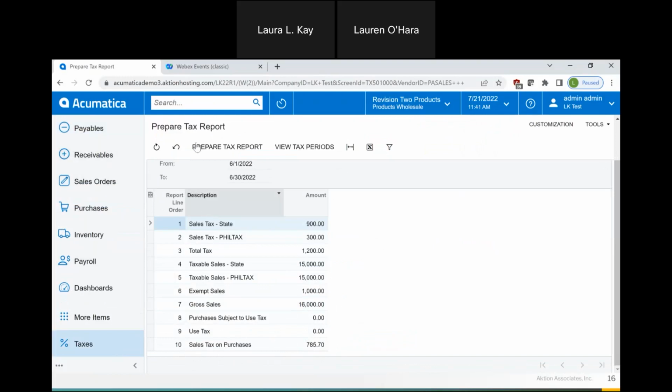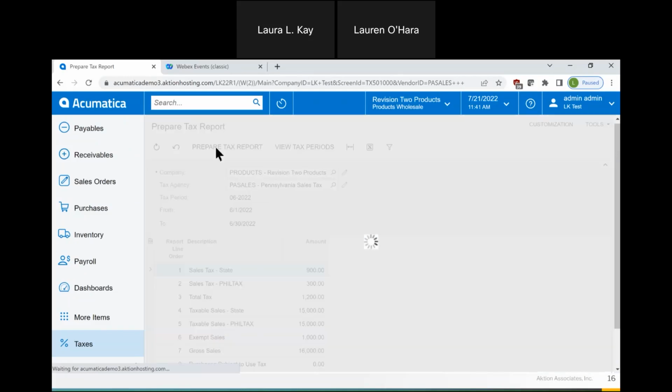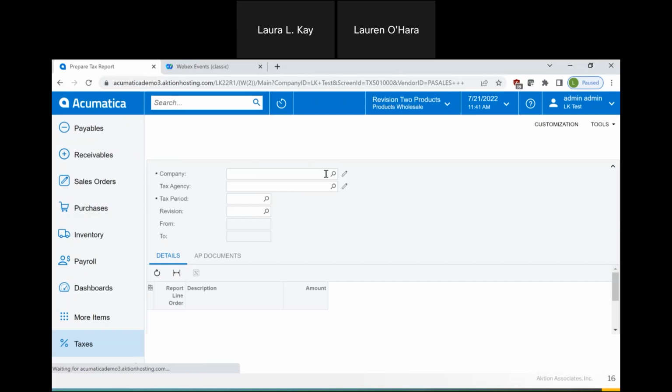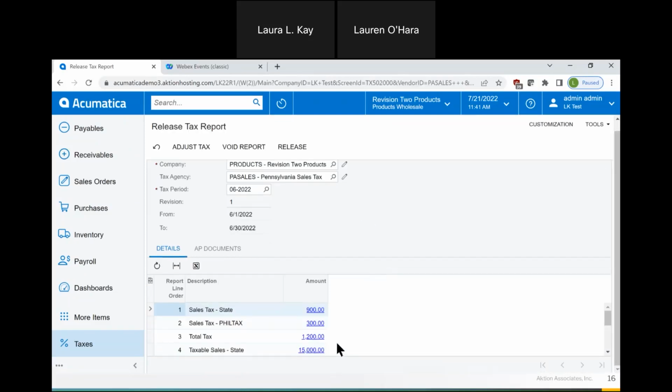So now let's say I'm at the end of the month and I need to remit tax. I need to remit those taxes I've collected to my Pennsylvania Sales Tax Authority. So if everything is done, I can prepare my tax report. Again, it just shows me what's being accumulated on here. And then I can either adjust it, I can create adjustments on here, or I can release it. And when I release it,